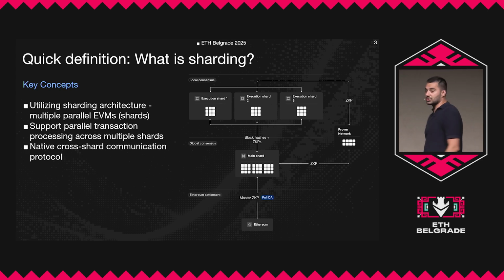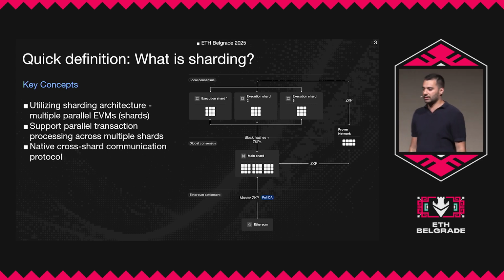So to explain what sharding is, it's nothing more than having multiple of these environments. As you can see in the picture, now we don't have one execution environment. We have multiple of them running in parallel. Each one of these environments has a TX pool, again a VM, and a separate state. Something that you need to know about sharded chains is that they also need to have a way to communicate with each other. This is something that we call a cross-shard communication protocol. If you want to think of it, it's really bridgeless bridges.